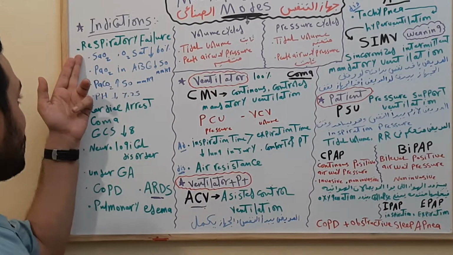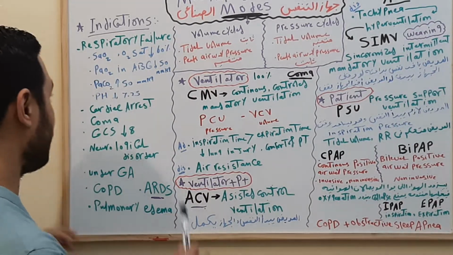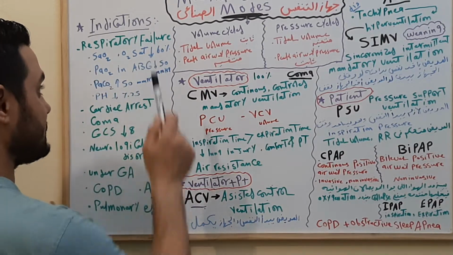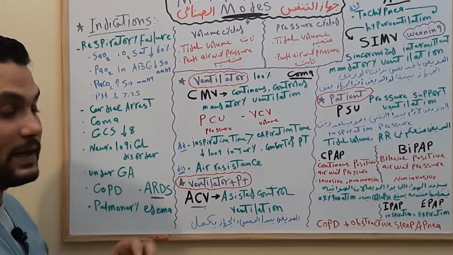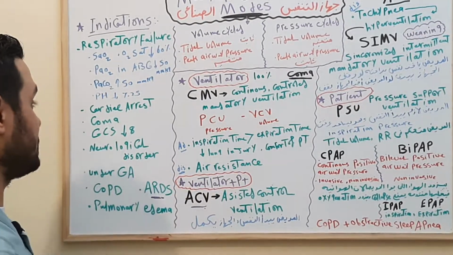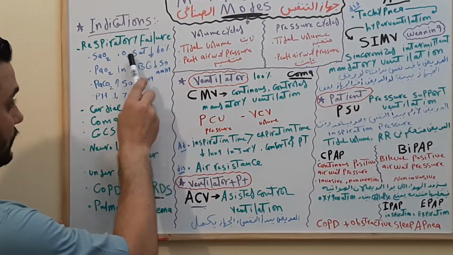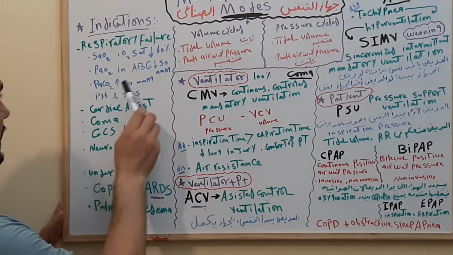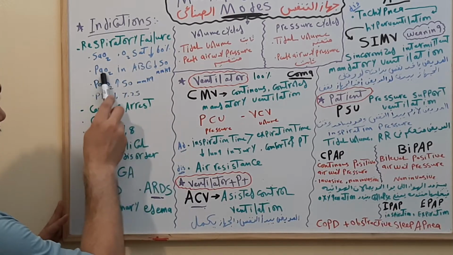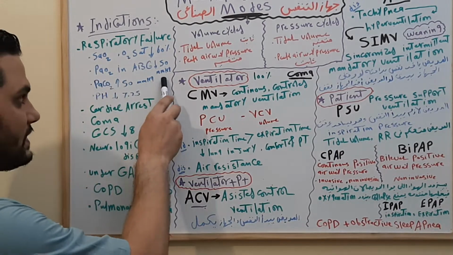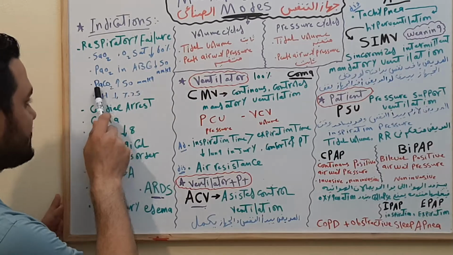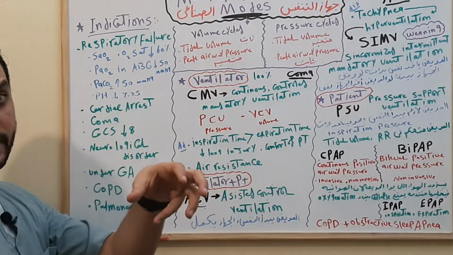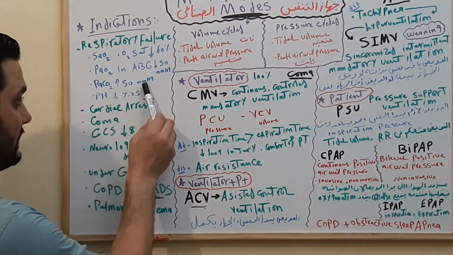At first, the people who have respiratory failure. Here, if you check the patient's oxygen saturation, or SaO2, and it is less than 60, we know the normal range is from 95 to 100%. So if the saturation is below 60, this patient needs a mechanical ventilator. If you draw an ABG for the patient and the PaO2 in the ABG is less than 50, this is an indication. If PaCO2 is more than 50, this is increased CO2 in the patient's blood, so here we need to put on a mechanical ventilator.